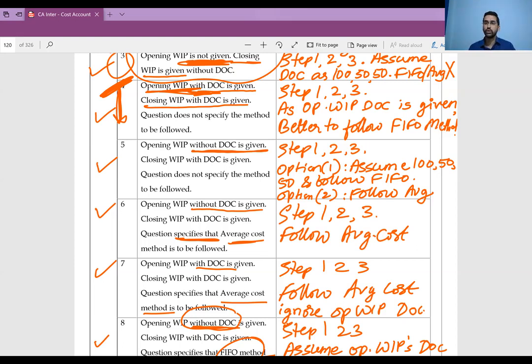These things you should know. This is what I say repeatedly, the approach to solve a problem. It's not always whether you will get the correct answer or not. If your approach is correct, you will get the correct answer. Even if you don't get the correct answer, you will get marks.